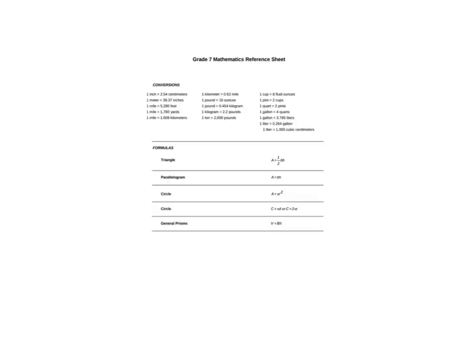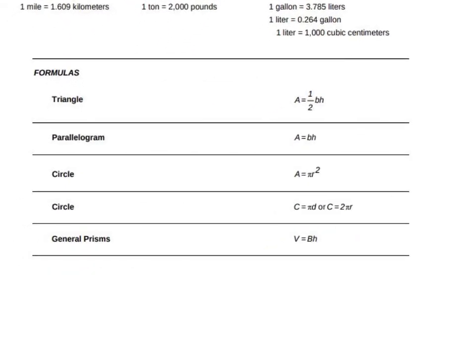It's given to you on the formula sheet. So A is equal to pi times r